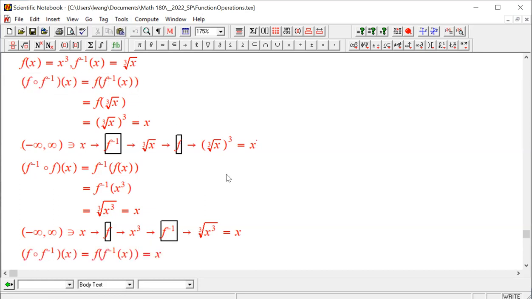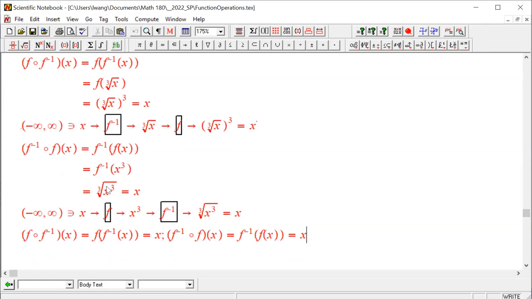This equals x. And the other one also equals x. For this particular pair of a one-to-one function and its inverse, even though these two are written this way, order matters. Now the question is: is this true only for this pair of a one-to-one function and its inverse,